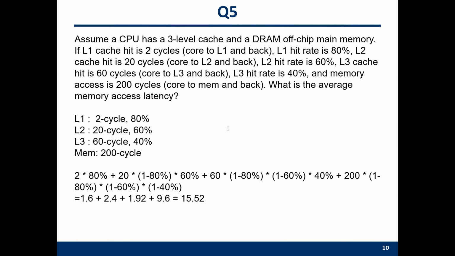So I leave the hit rate here in this column. And then we have the access latency here. Besides the three-level cache, we also have a memory. Then the question is, what's the average memory access